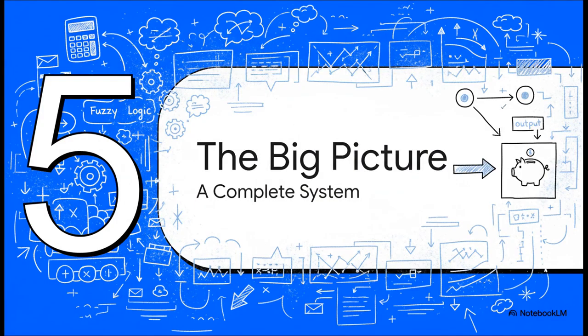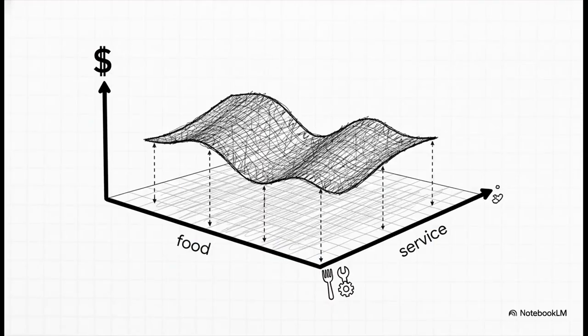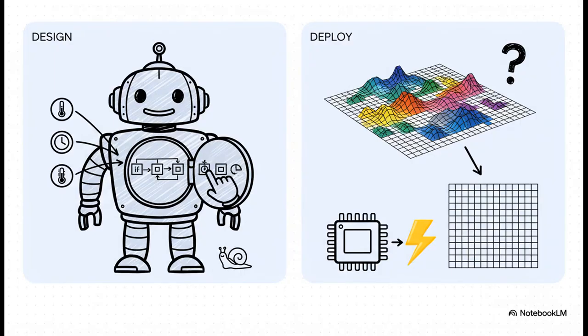Okay, so let's take a step back and look at the big picture. Yeah, we built a tip calculator, but what we've really done is create a whole system. A complete, deterministic system that can take any set of inputs for service and food and map them to a specific output. And here's where it gets really powerful. If you plotted out the tip percentage for every single possible combination of food and service quality, you'd get this incredible 3D landscape. This is called a control surface. And this surface, this is our model. Now you can just pick any point on the service and food axis, look up, and the surface tells you the exact tip. This is a huge deal for real-world applications.